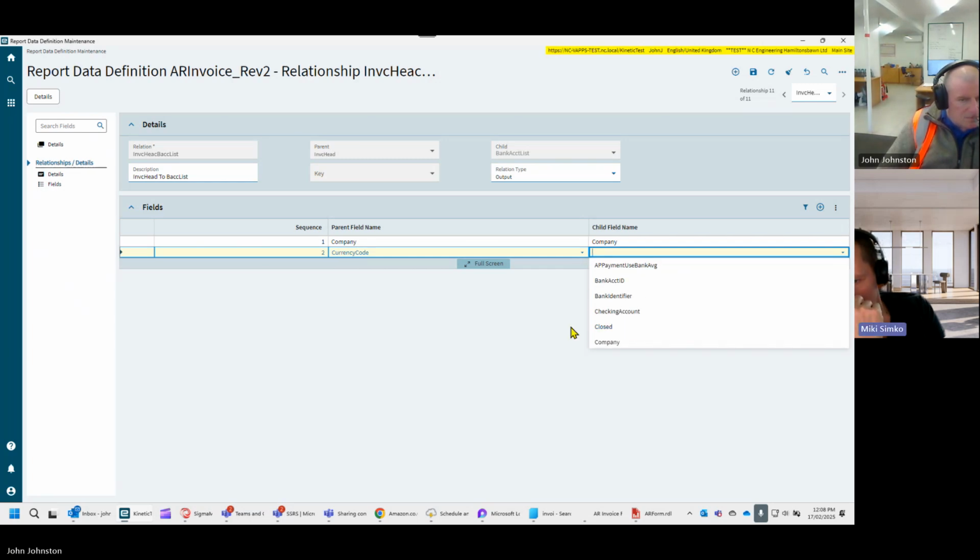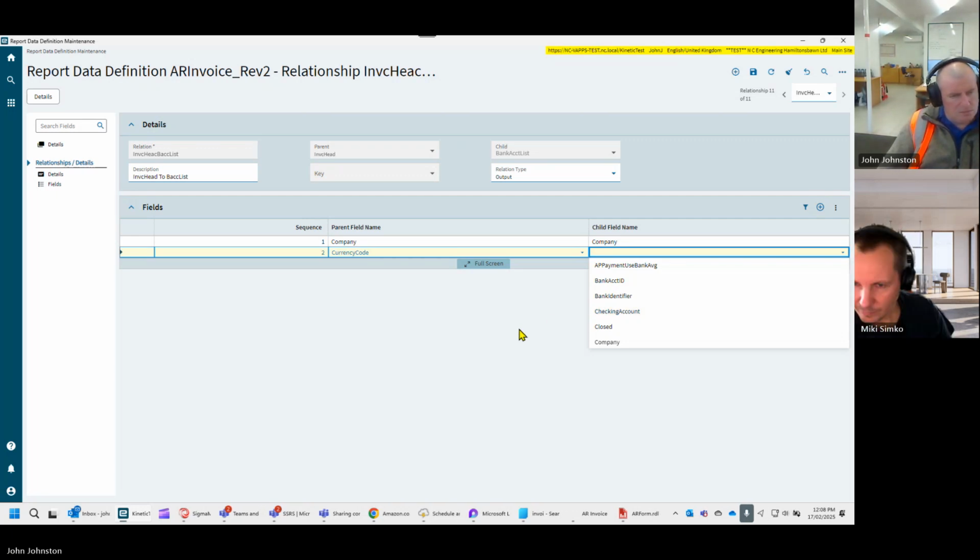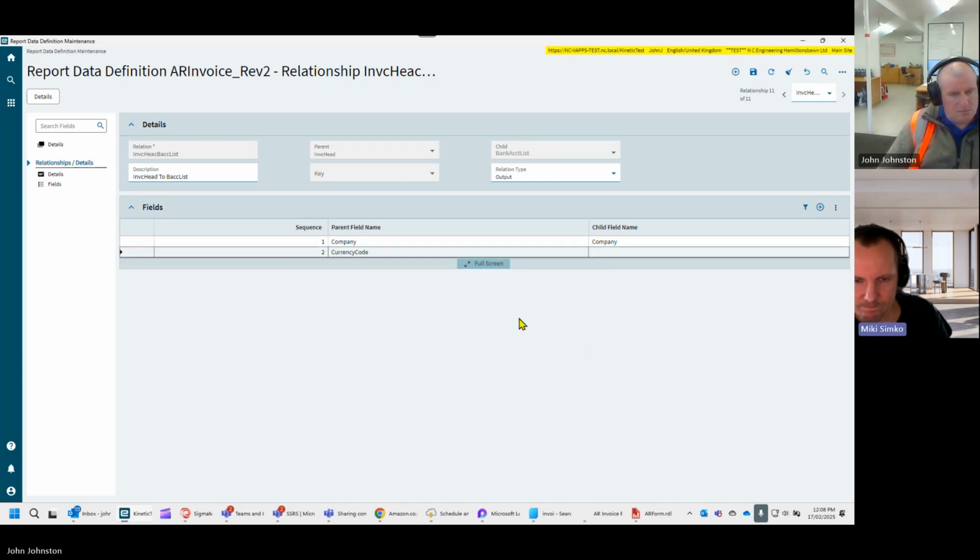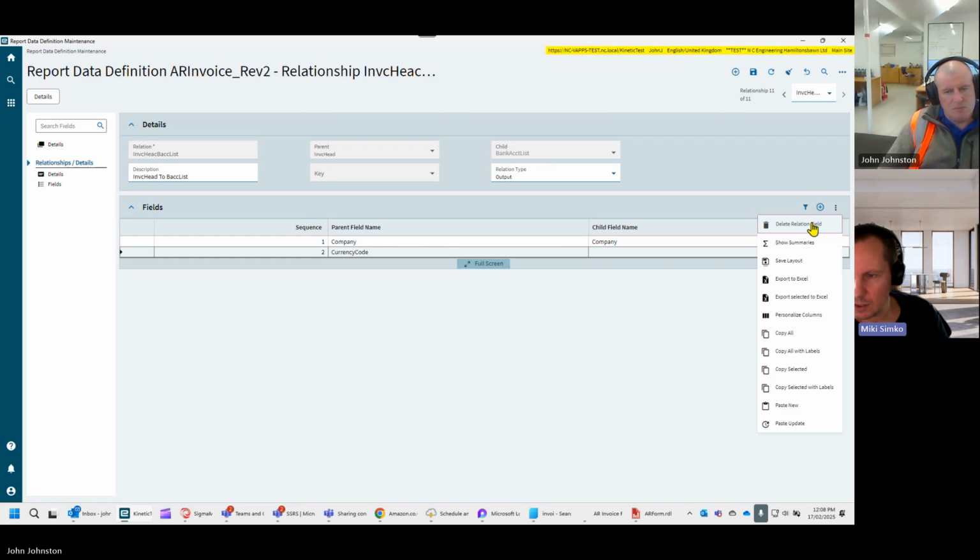Checking account doesn't have a currency code. That's not good. The bank account list doesn't have the currency code. That's bad. Yeah, can we have a look? Can you try to delete that line again, and let's have a look at the bank account list